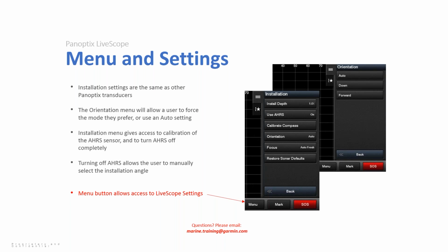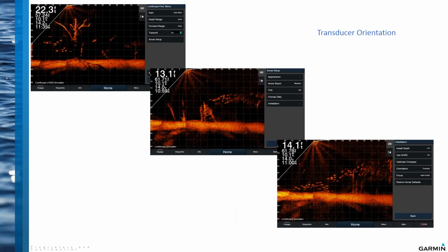We recommend that when you're installing the unit, if you're going to calibrate the AHRS sensor, turn the AHRS off completely. Turning off the AHRS allows the user to manually select the installing angle. Again, so if we want to go through this and you want to,